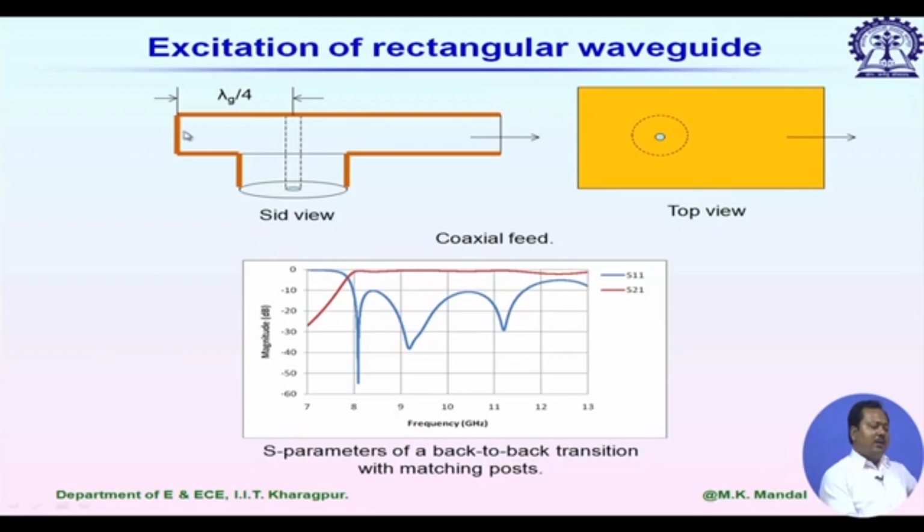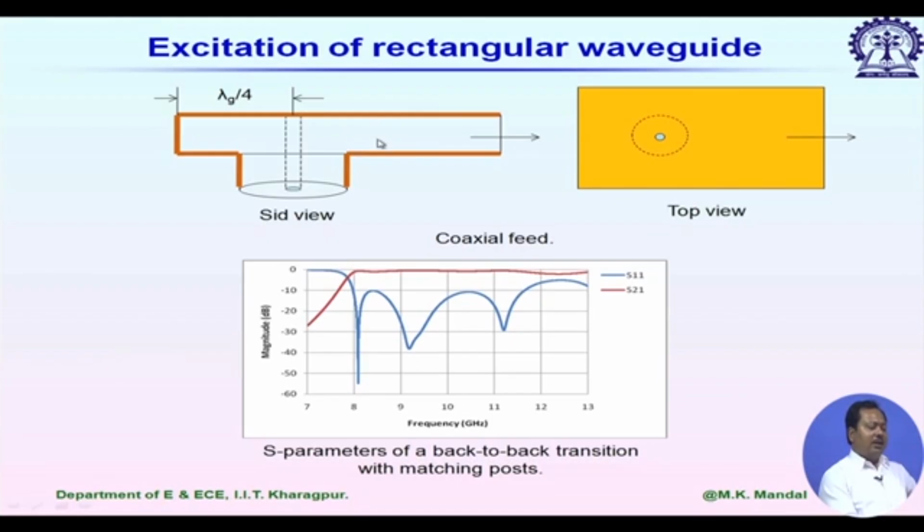So, the wave inside the rectangular waveguide is propagating from left to right, and at the left hand side we are using a shorting plane which is lambda g by 4 away from the midpoint of the central conductor, and the central conductor's top point is soldered on the broad side of this rectangular waveguide, and then the fringing field inside the coaxial cable, when it terminates, it opens into the rectangular waveguide, we have fringing field inside the rectangular waveguide, and that fringing field excites the TE10